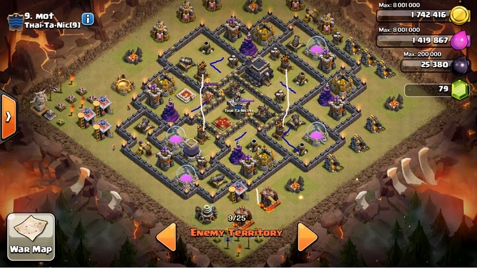to shatter this with 2 golems and jump into the queen. You bring a few bombers, bring a lightning spell maybe for the CC, and shatter into the queen and hope that you end up with 2 air defenses. You'll get an archer tower and a wizard tower and the queen. Then you drop a couple hounds here, let them drop this way, and drop another one there, and that's a 3-star. But I think this base is actually better served with a hog attack,